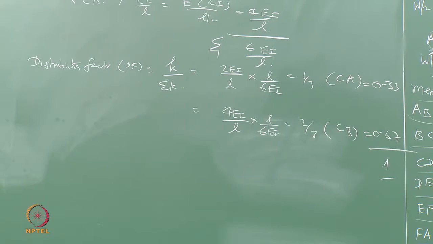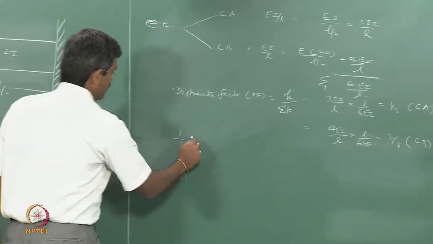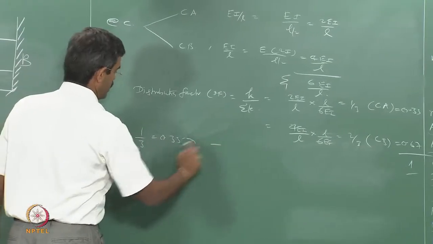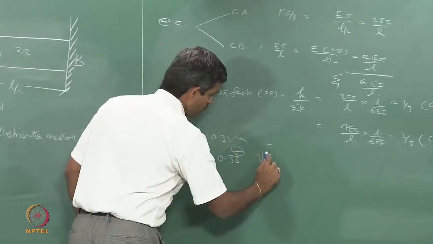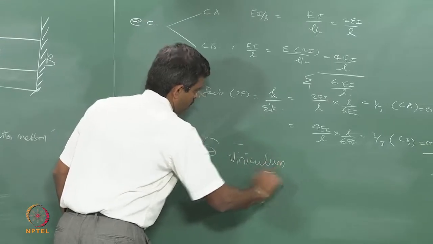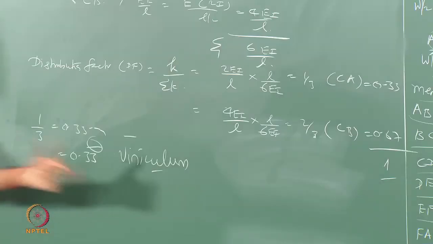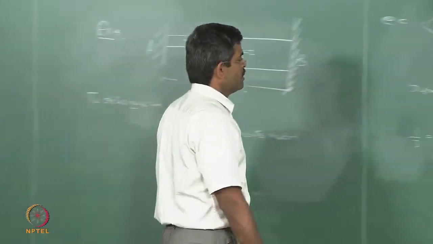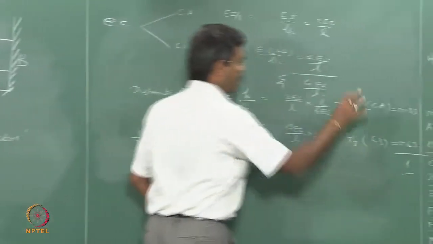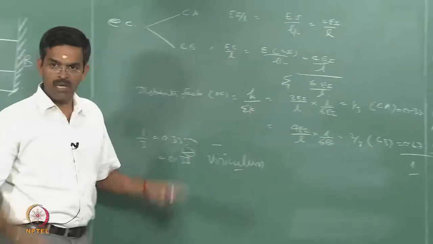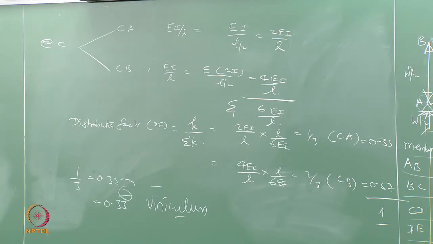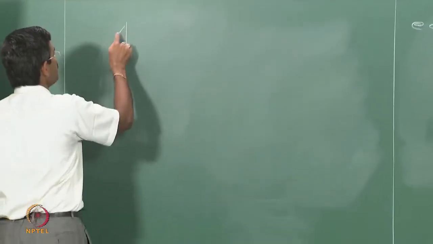I think we all know this. 1 by 3 is 0.33333. You can always write like this in mathematics. This is called a vinculum. Vinculum means this number is repetitive, infinite times. That is called vinculum in maths. So there is a vinculum number here, 0.33. I pick up that number. Now this is also 0.66 vinculum, but I said 0.67 because the sum should be 1. I am rounding it off. So I have the beam.